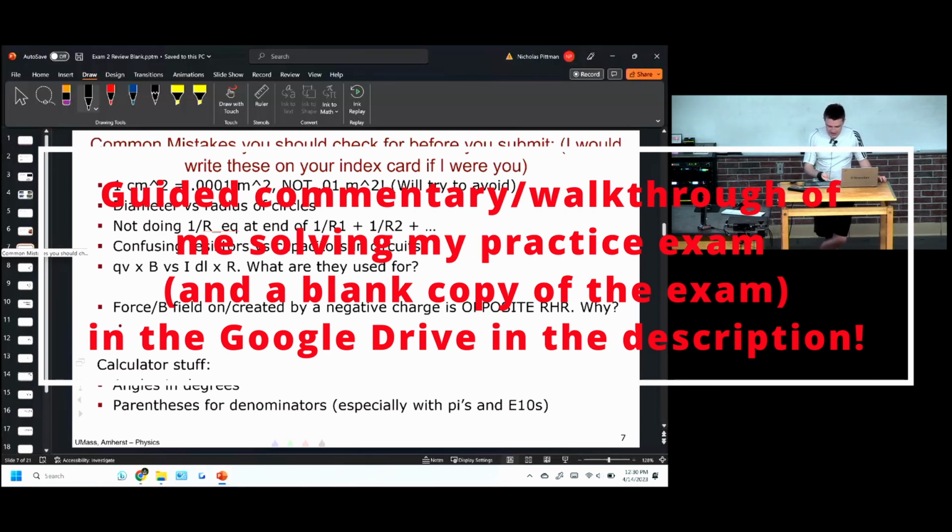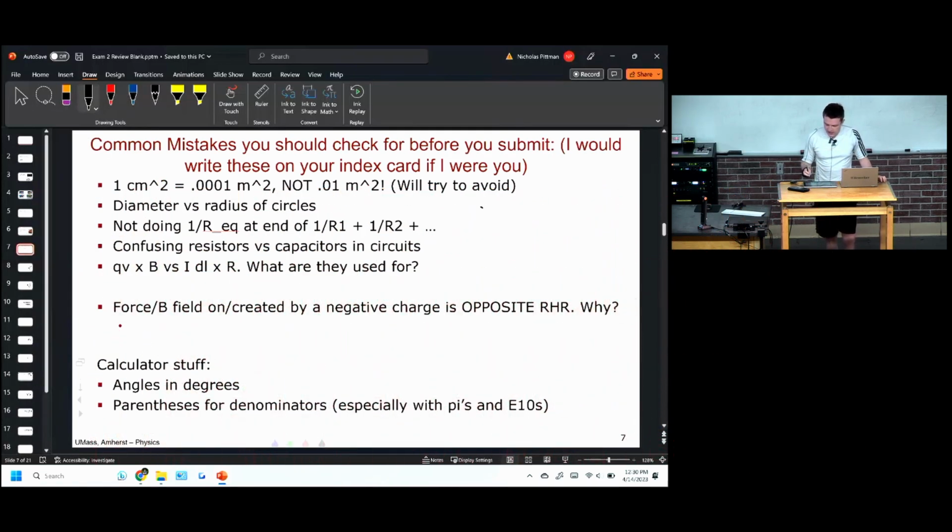So some common mistakes. The first thing is that I'm going to try to avoid putting this on the exam, but I accidentally put it on an in-class problem. If I write that the area of something is 1 centimeter squared, the area is not 0.01 meters squared. It's 0.0001, right? Each centimeter needs to be converted to a meter. So you need to multiply by 1 over 100 twice, once for each factor of centimeters. Again, I will try to avoid this because it confuses even me sometimes, or I just forget about it, but